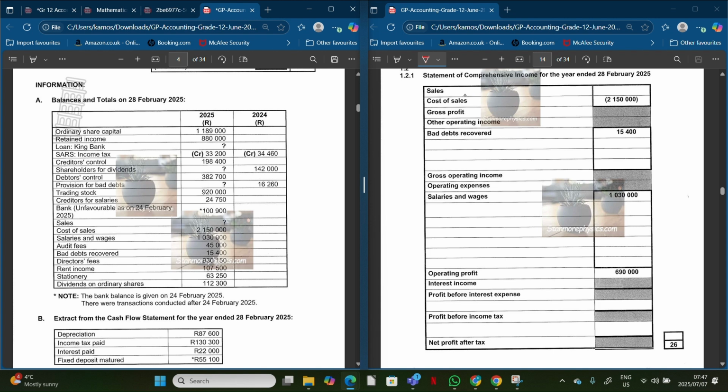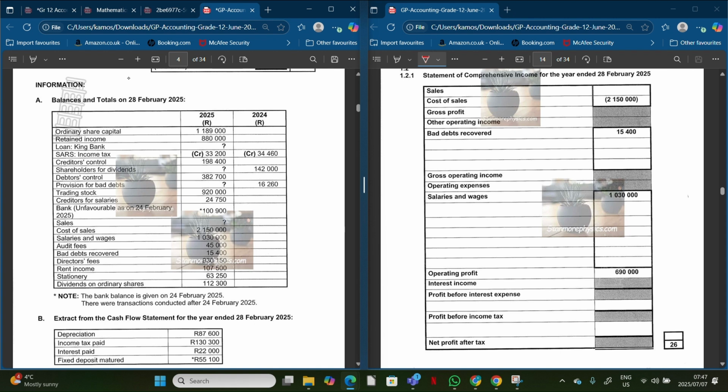First things first, we're going to look at the sales. The sales is the first part on the income statement that we'll be dealing with. Remember, it's either sales or revenue, right? But since we are dealing with grade 12 right now, we're going to call it sales. So how would we get sales from this question, whereby we are only given the cost of sales? Meaning that now we're going to come